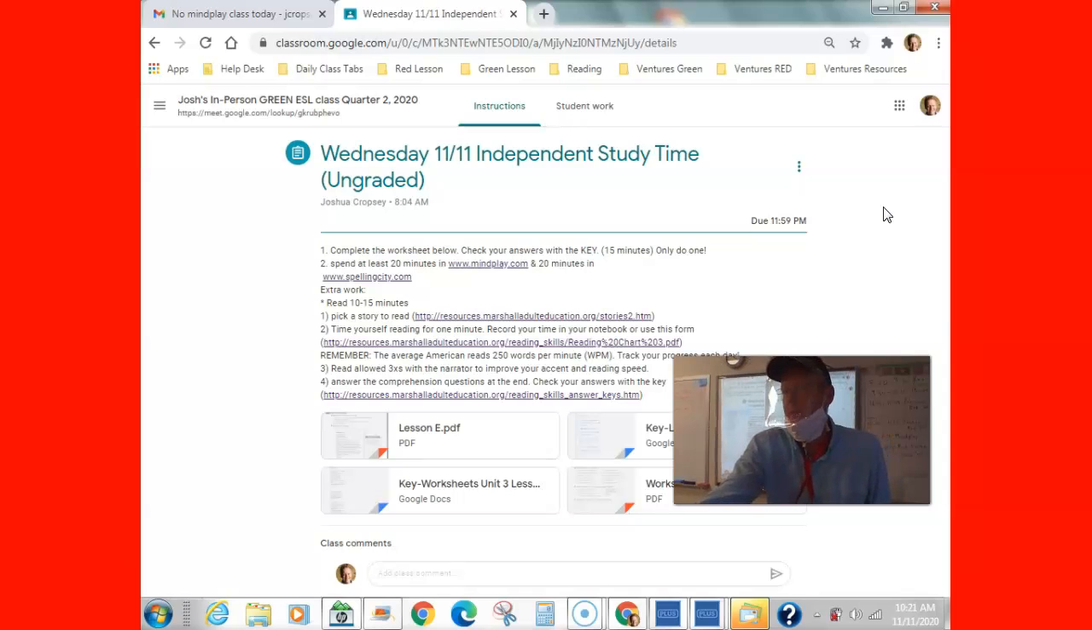Matter of fact, I don't even think it'll let you into the document if you go in from the front page. So you got to go in view assignment and then find the document you want up here in the corner, okay? Also today, I posted